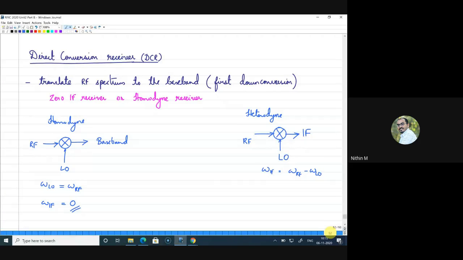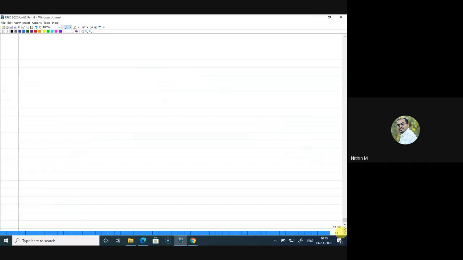All right, Siddharth. I hope I answered your question, Siddharth. So there will not be images because the LO frequency is equal to the RF input frequency. Okay. Yeah. So let me just put some of the benefits or